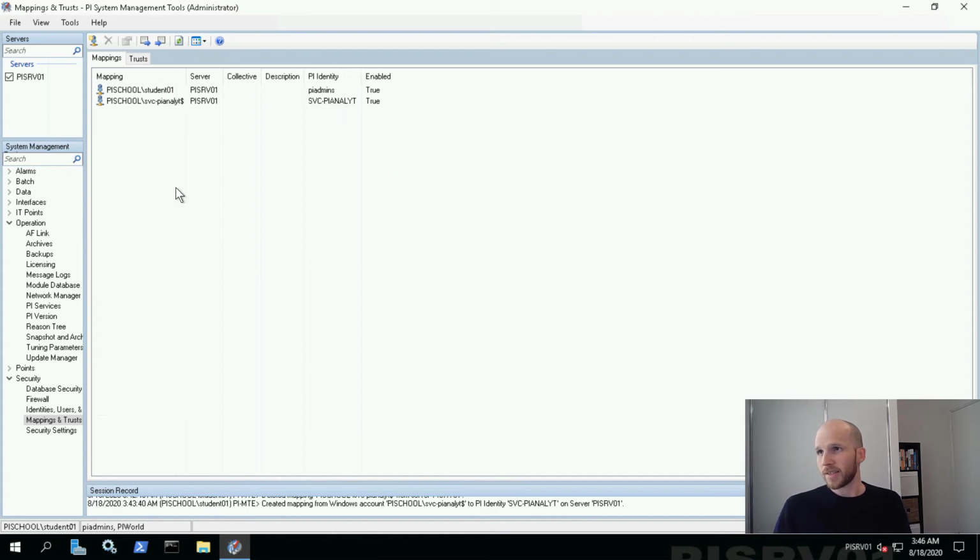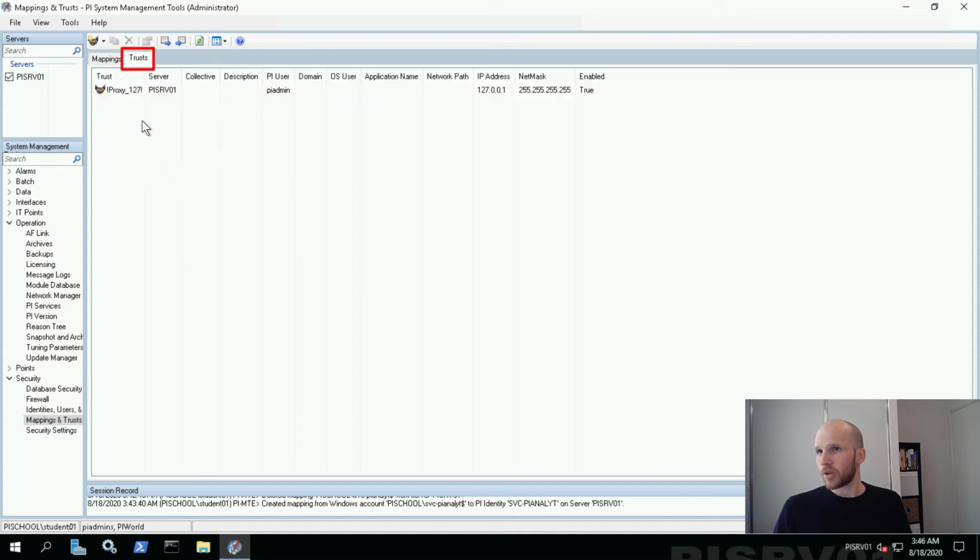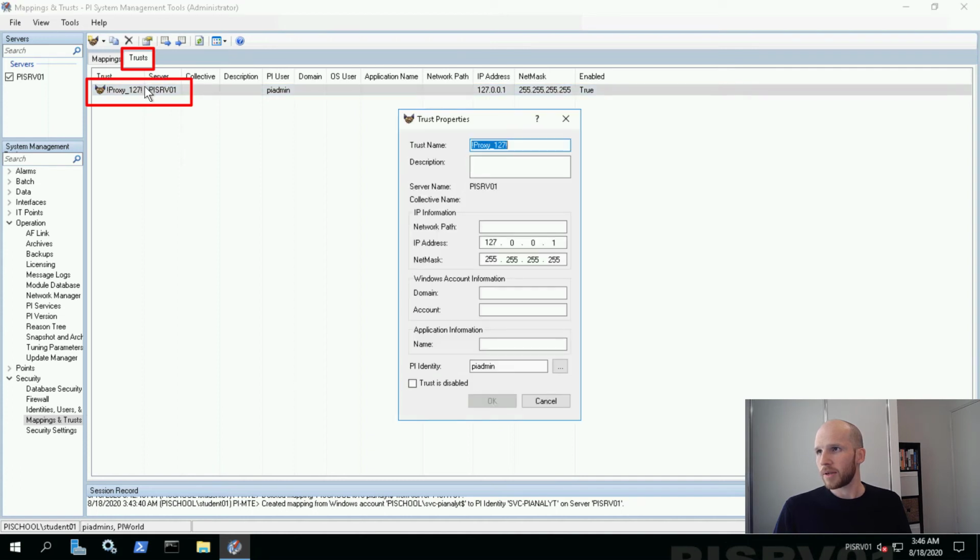We have a few things left to do. We'll go to trusts and we'll double click on this proxy 127, and then we're going to disable it. But before you disable it, look in the bottom left-hand corner and make sure that you are logging in as PySchool/Student01 and PyAdmin's PyWorld.